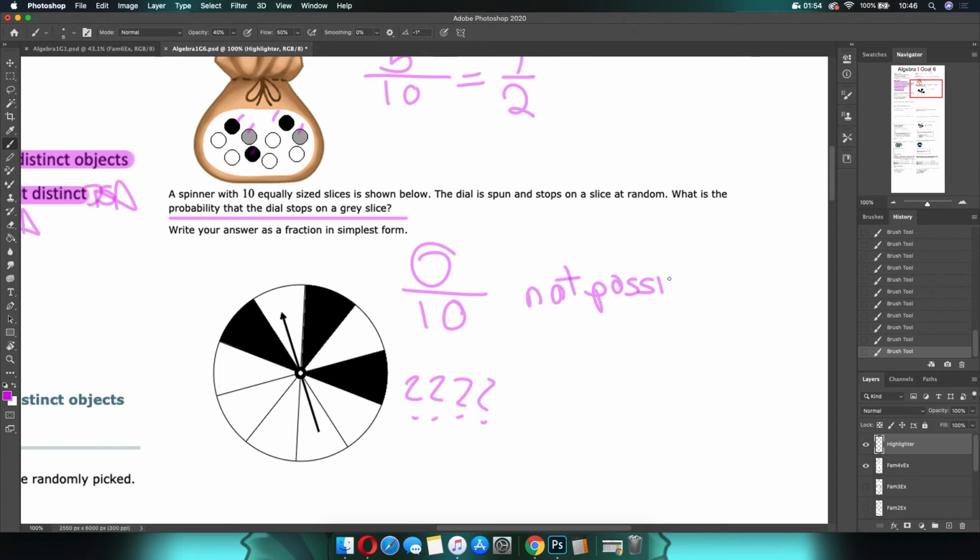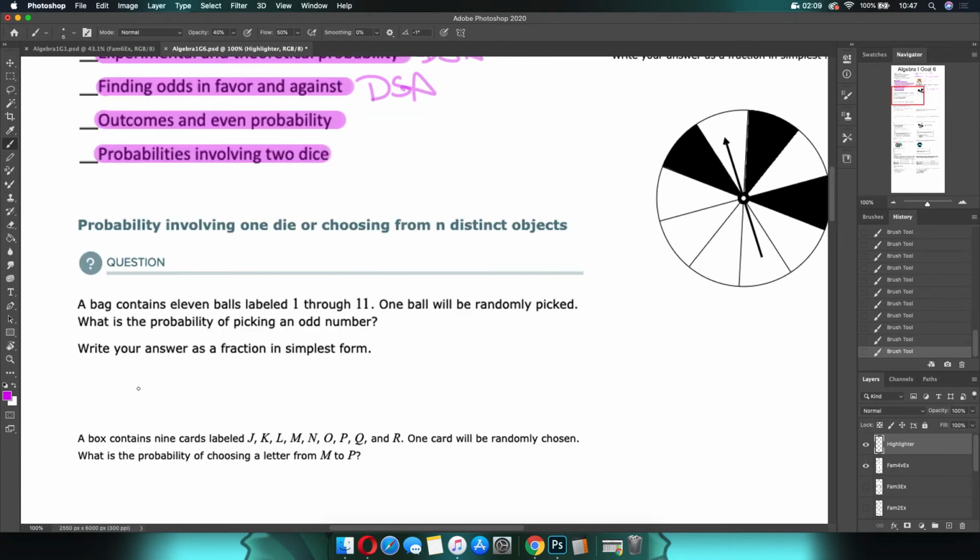I actually did not know that this was an option for this topic until I was doing the screen grabs. This is new to me. I assume that means that it's rare when you're doing it on your own in the topic, but since I found it, I definitely wanted to make a screen grab and make sure you knew it. Next one,